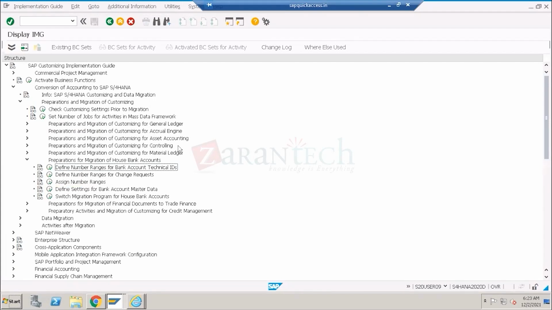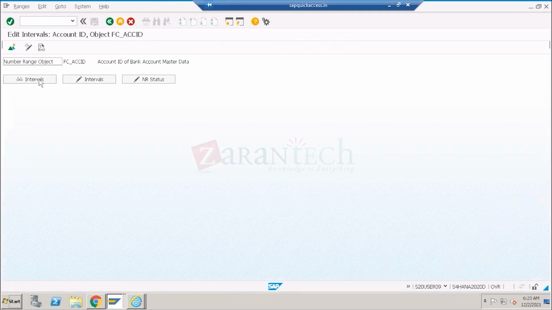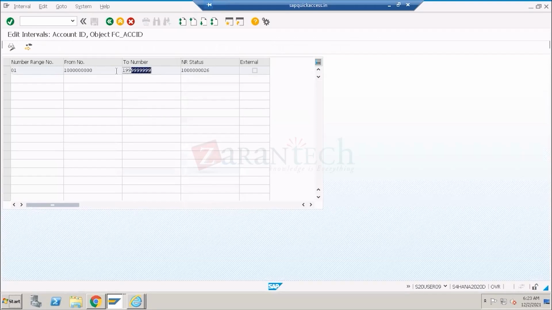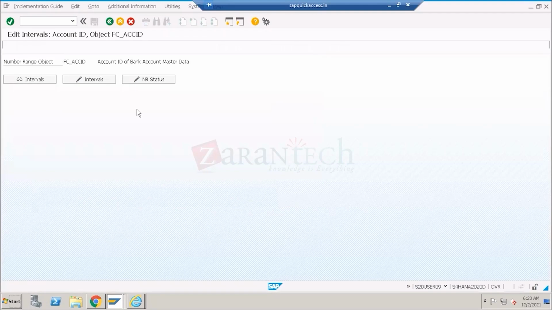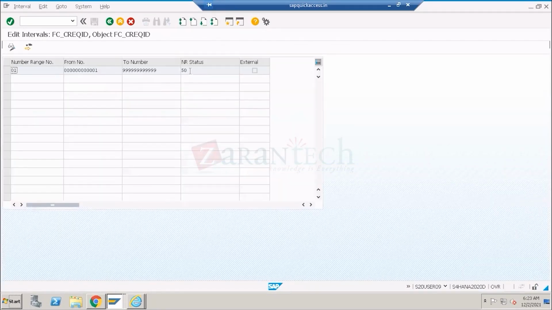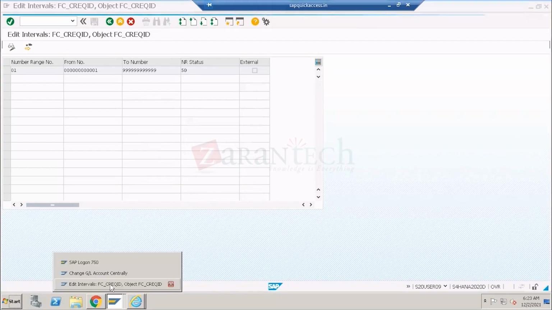When the conversion happens, for every bank there will be one technical ID. You're assigning some number ranges, as I told you. Here you can see I have given the number ranges. So totally 126 house banks are being created from SAP ECC to SAP S4 HANA. So the technical ID should be created first of all. After that, for every bank, a change request should be developed. Because for 50 house banks, I'm going to be creating change requests. And once you create the number ranges, and all the house banks are available in your SAP S4 HANA, then I'm coming to this